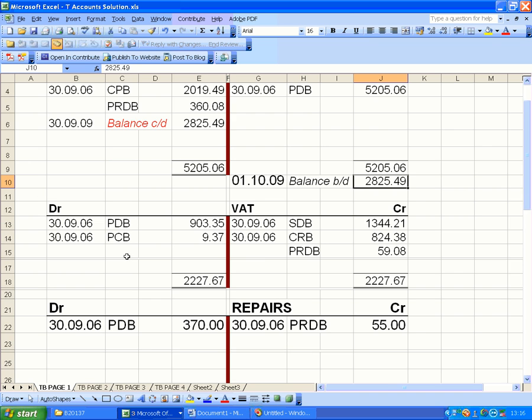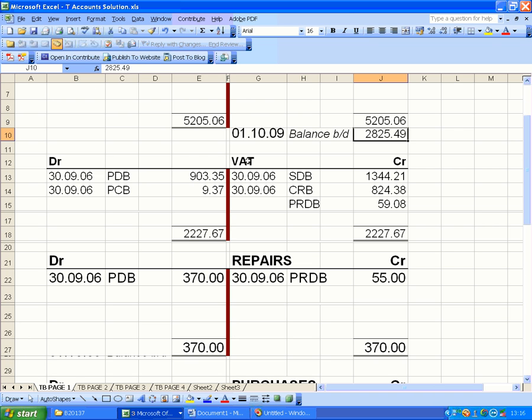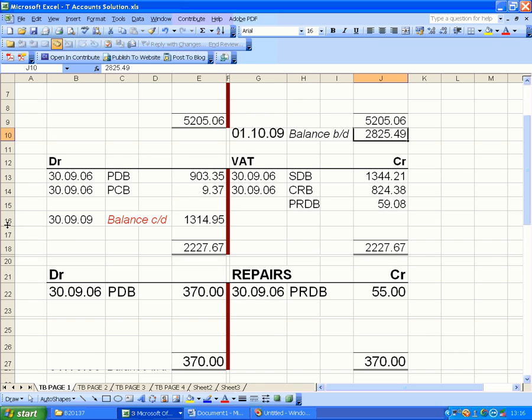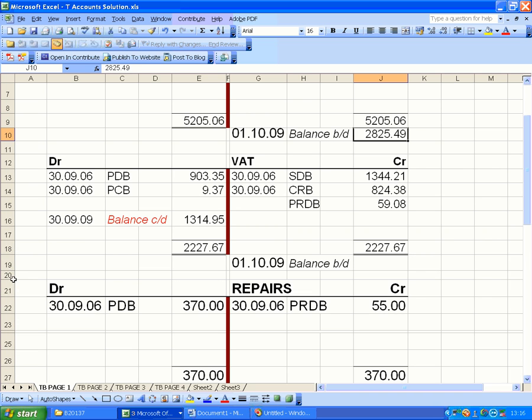Again, we now look at the T account of the VAT account, and we will have to establish which side requires the actual balance to make both sides equal, determine which side it is, and insert the balance c/d, and carry that figure down